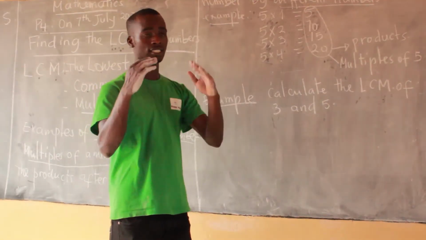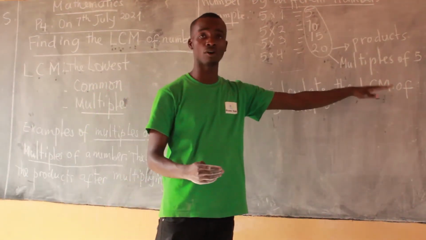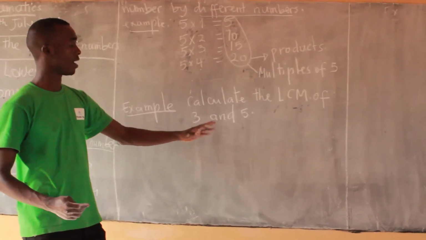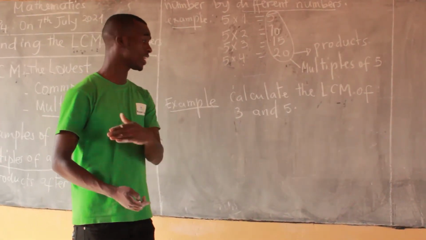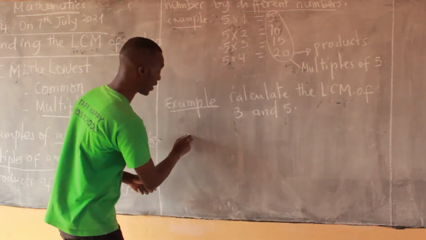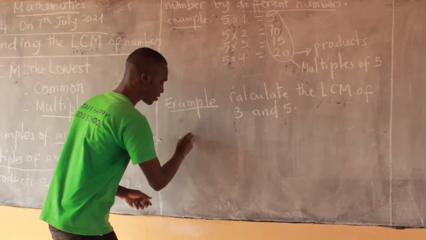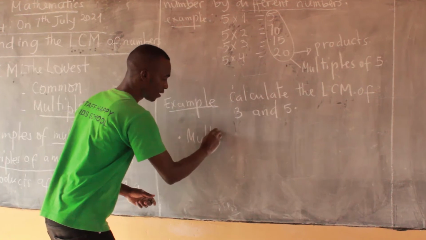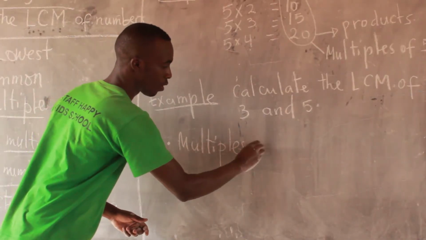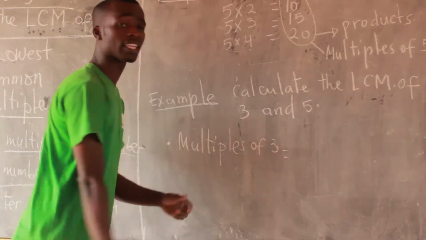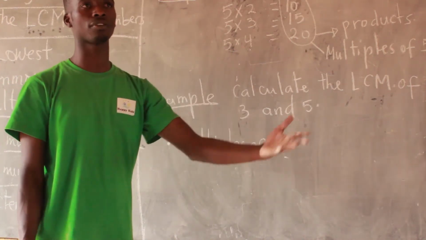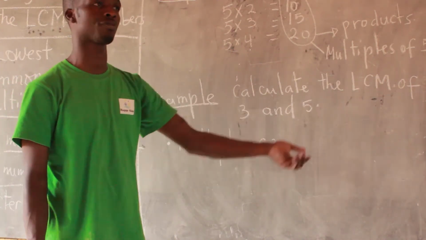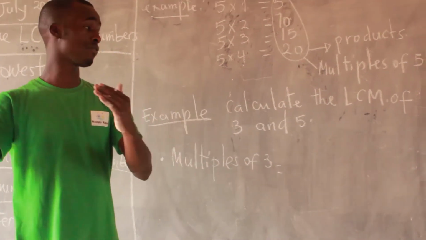But here, let's first find the lowest common multiple using the multiples of numbers. What's that? Here, let's first find multiples of 3. What are the multiples of 3? When 3 is multiplied by different numbers, starting from counting numbers, for example, starting from 1, 2, 3, 4, 5,